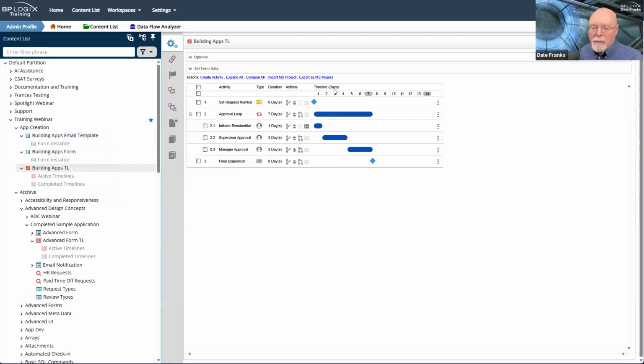But before we do any of that, we're going to have to go back to our form, and figure out how to make initiator resubmittal work. So next week, we are going to kick off with the initiator resubmittal stuff, and then move to this final disposition activity and figure out what we need to do to create an email template that is going to work for us.